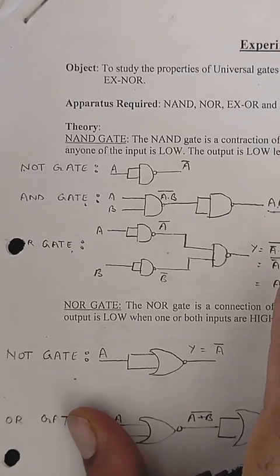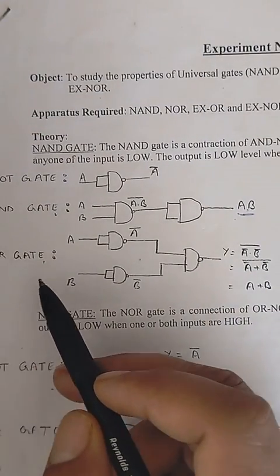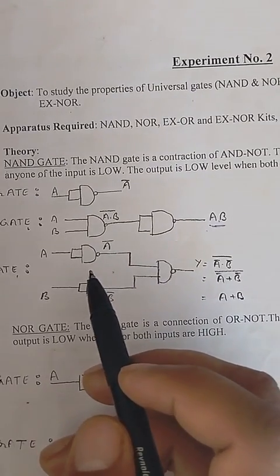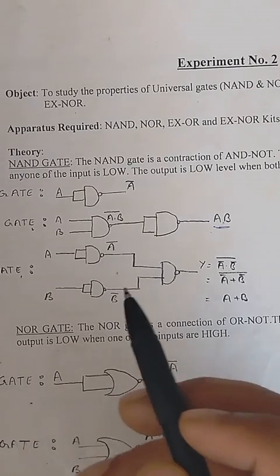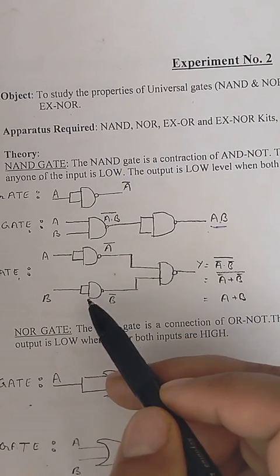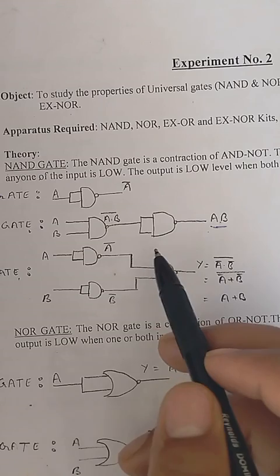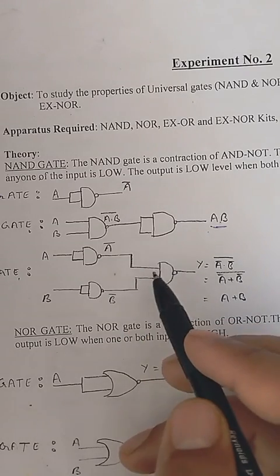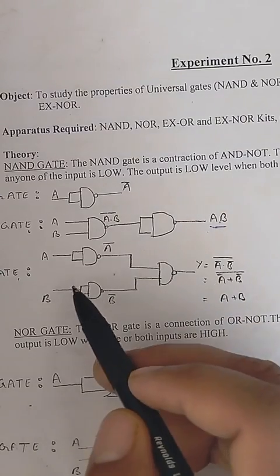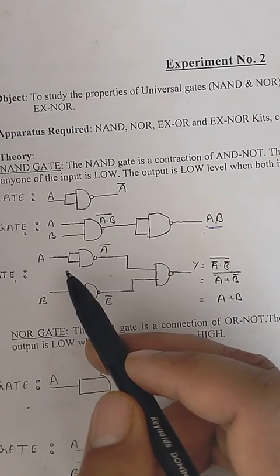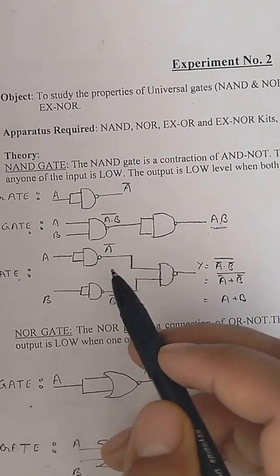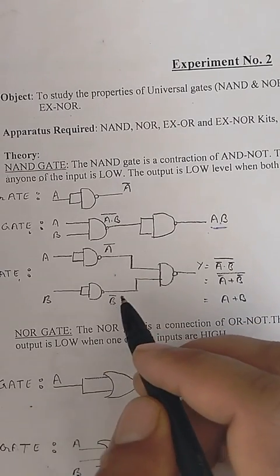Third, this is your OR gate. Now we have to derive the OR gate using the NAND gate. You can see here, in case of the OR gate, this is your NAND gate, and NOT gates made using NAND gates. We will use 2 NOT gates here and 1 NAND gate here. We apply the A input here and the B input here, to separate gates. The output of the first NOT gate is A bar, and of the second NOT gate is B bar.